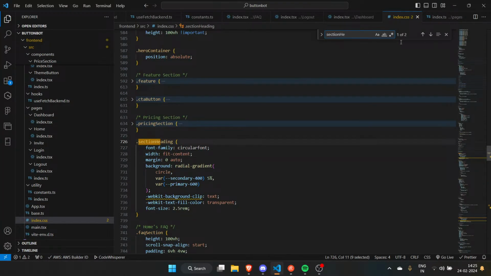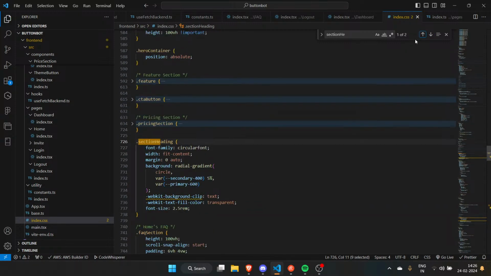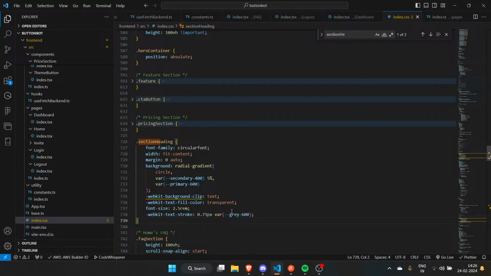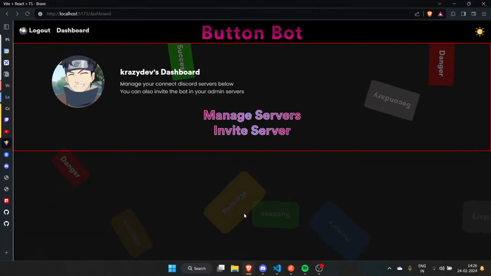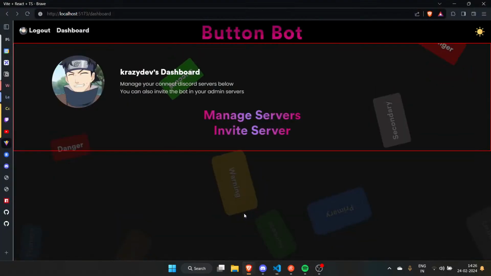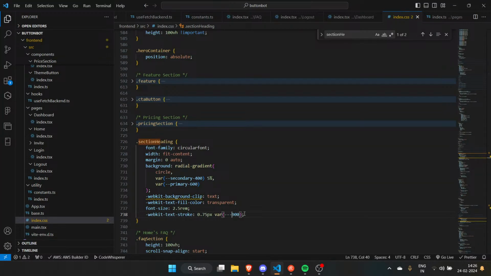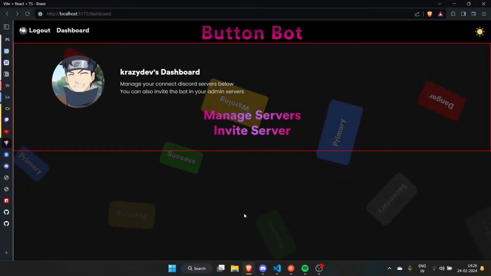Okay. In the section heading, I have this little stroke thing. I like to have it here as well. And let's try to make it a bit lighter. That was a mistake. Doesn't seem that bad, doesn't seem that nice. Let's try like primary 900.